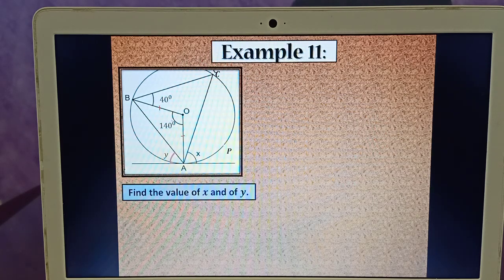Find the value of x and of y. Okay, let's look at x first. How can we find x? Okay,